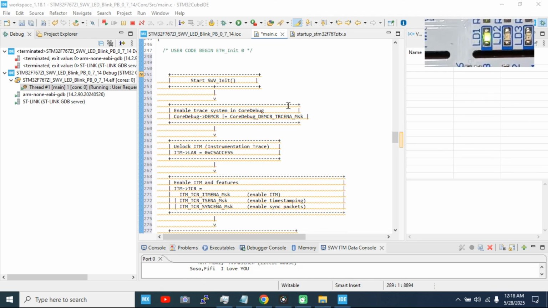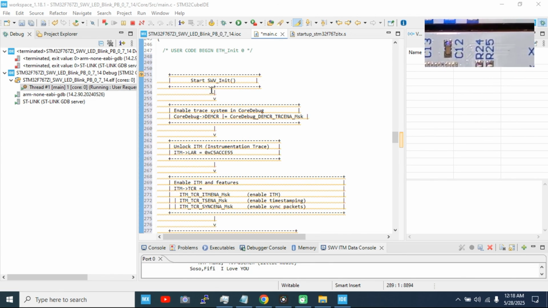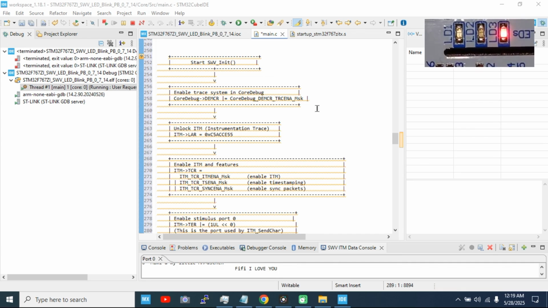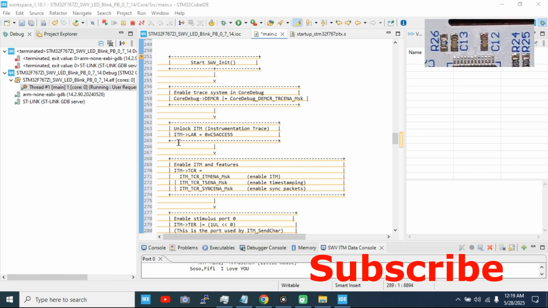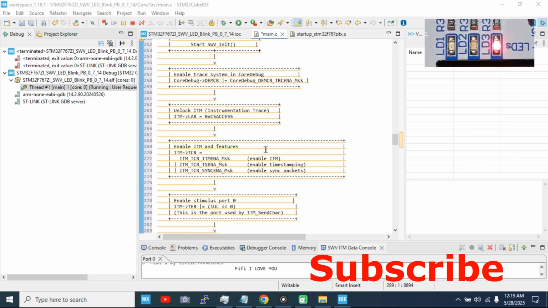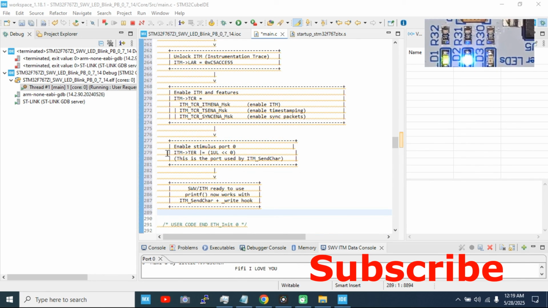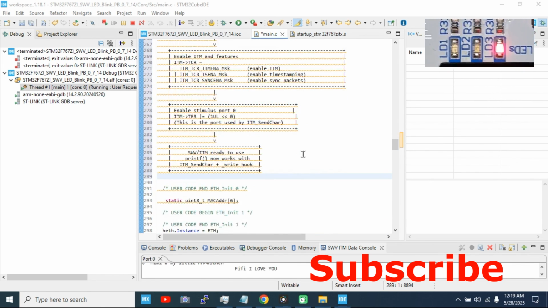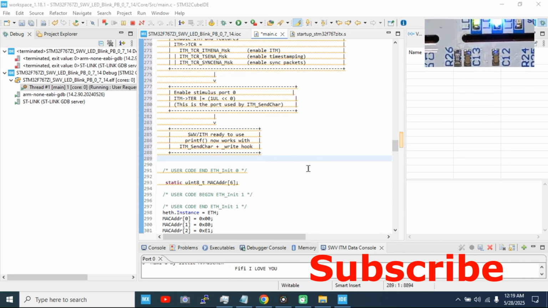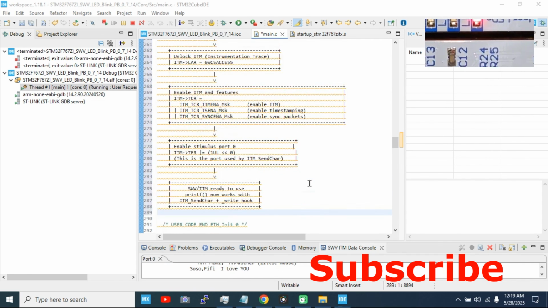Example flowchart I can show you here. We start with SWV initialize, enable the trace system in CoreDebug. This we did. Then enable the ITM instrumentation trace function. This is done by ITM LAR and this line of code. This enables ITM and features, and after that enable stimulus port 0 as I showed you before. Then SWV ITM is ready to use, and for printf you can see ITM_SendChar. This is temporary. I am showing you this